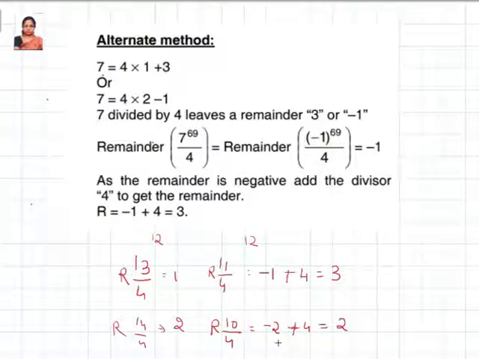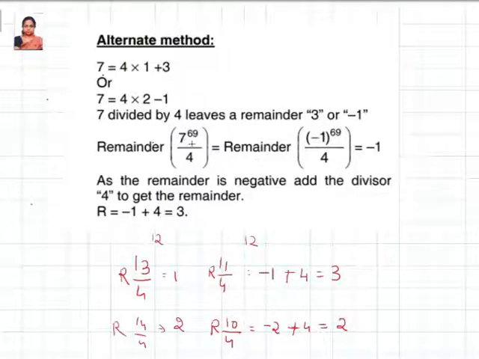Okay. So the same thing we are going to extend for any bigger number. Here let us see what they have done. The method here is 7 equals 4 into 1 plus 3, that is n equals dq plus r. So d is 4, 1 is the quotient, plus 3, that is what 7 is. Instead of that, we can also write this as minus 1, because if you get minus 1 as the remainder, plus 4 is going to be 3. It's the same as minus 3 or minus 1.